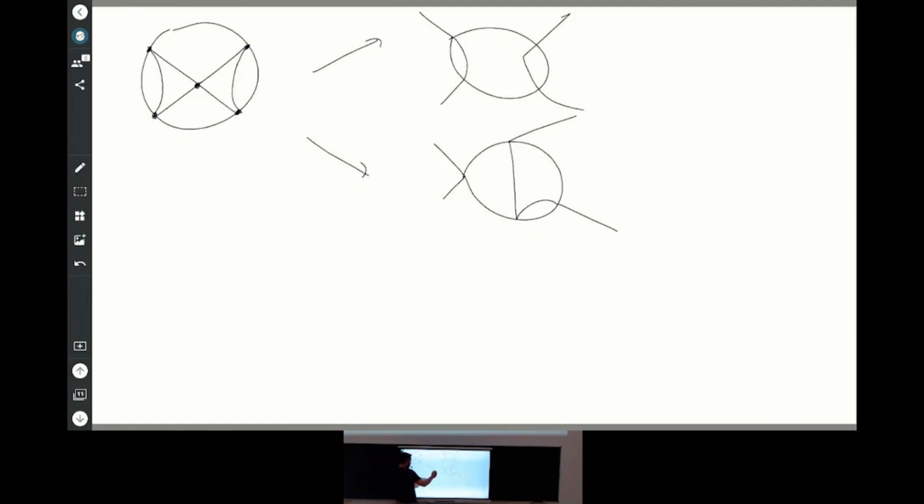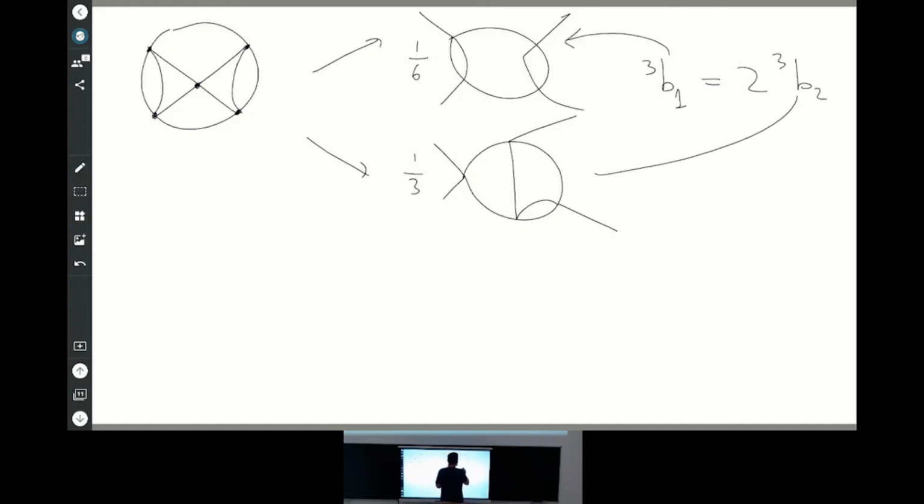And these will come with some coefficient. In fact, after you account for some symmetry factors, there is some 1/6 here and some 1/3 here. And then you say, okay, if I have no metric to play with, and I do this, it better be that the diagrams here come out with the right coefficient because they come from the same vacuum bubble. And so this gives you an equation that, let's say, this diagram coefficient must be 2 times the other one. So this coefficient is in front of this diagram, and this coefficient is in front of this diagram in the beta function. And then you say, okay, is this true?